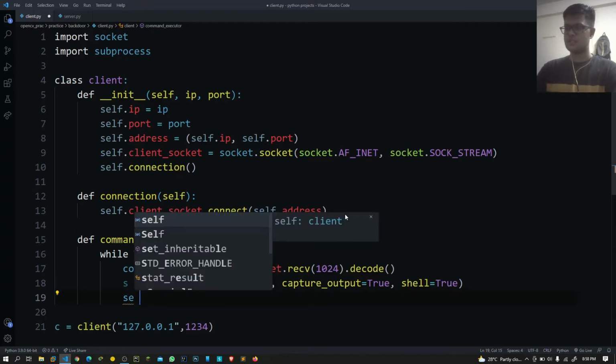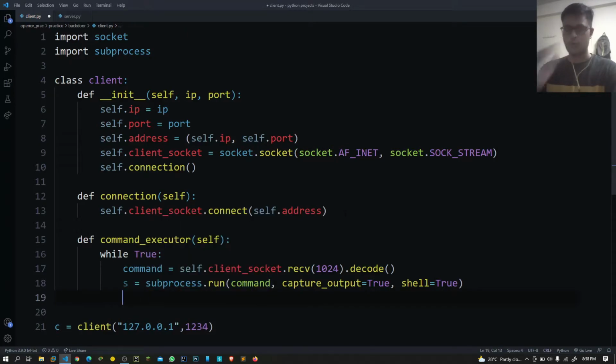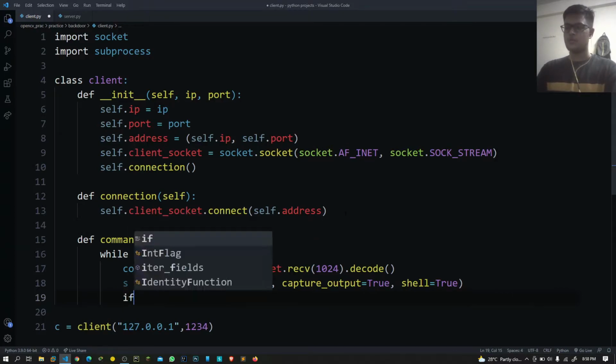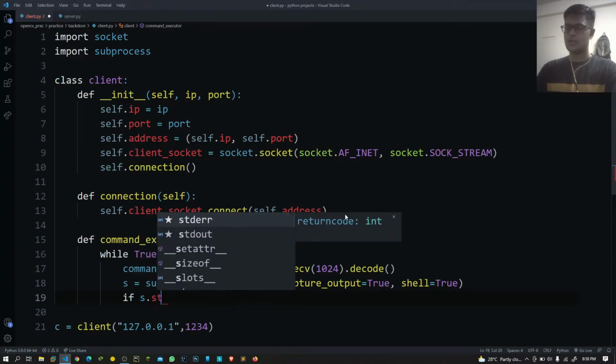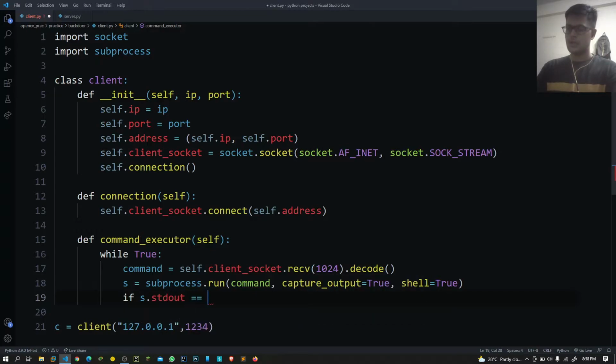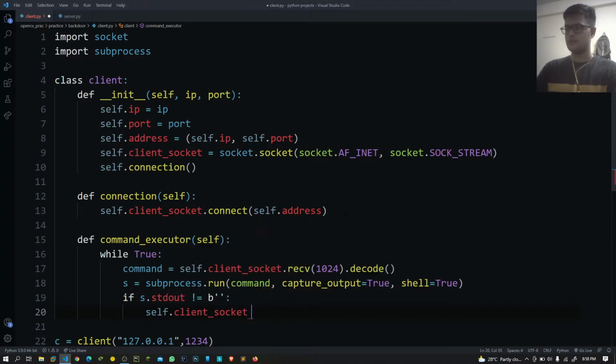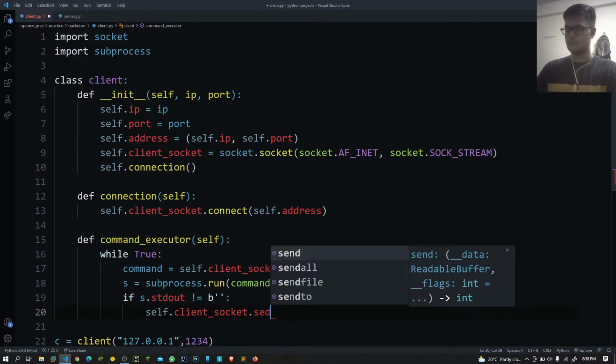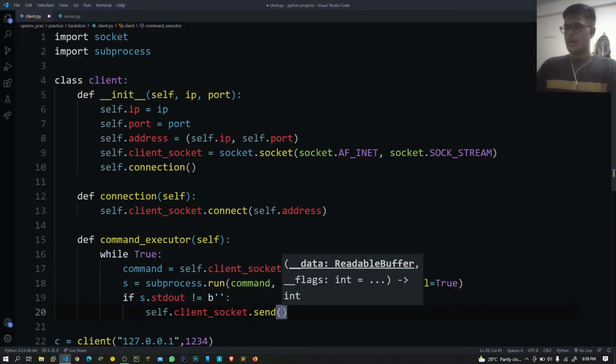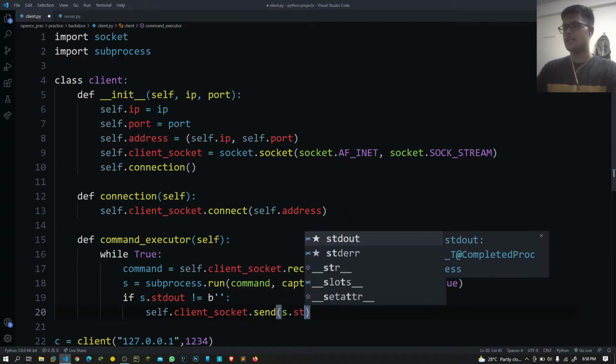After that we have to check whether this process has an output or an error. So if s.stdout is not equal to empty bytes, then we have to send that through the client socket, and what we have to send is s.stdout.